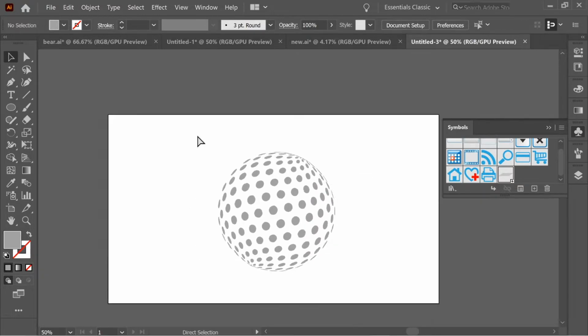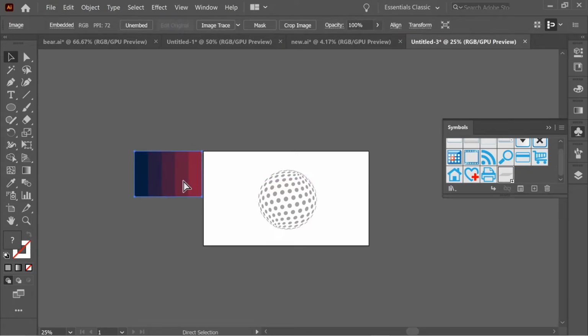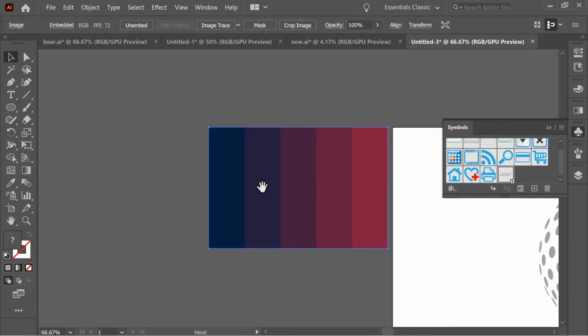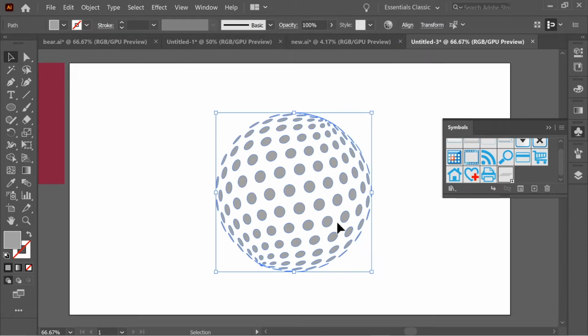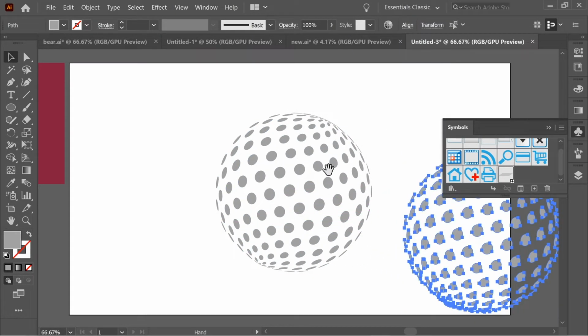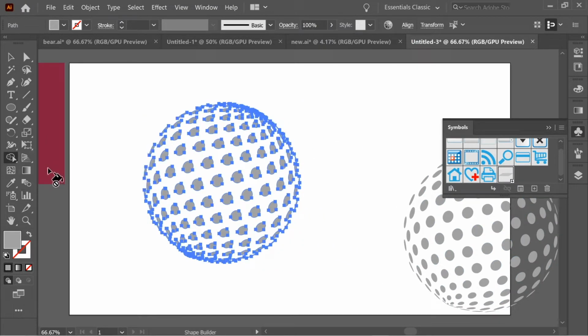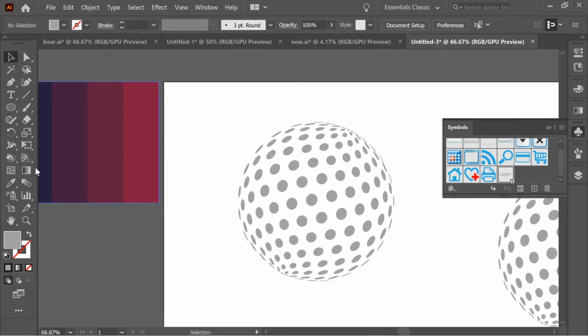So let's zoom out. I have here a couple of colors which I can use. So what I'm gonna do is I'm gonna select all of this and hold Alt and copy it. I'm gonna use this one for the shadows later on. And I'm gonna choose all of this and go to the live bucket and press once, and now I can color in each. And now you can get the eyedropper, select the first color and color